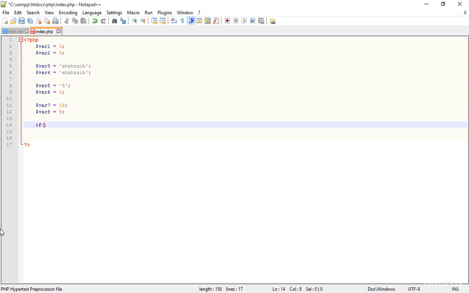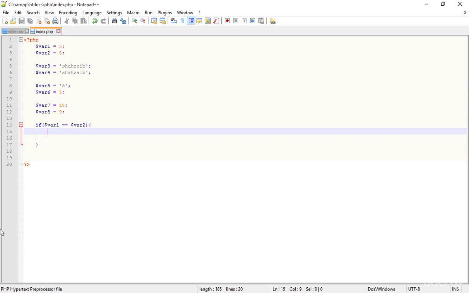Simply just call the if, and inside the if just call the var1. At this time I'm just using simply the comparison operator, and here I'm just putting the var2. Yeah, in this way, var2. This is the perfect way. And obviously var1 is equal to var2. As you can see that this is 5 and this is 5 as well, so this echo should be shown in the browser. Now let's just go to the echo, and here I'm just typing